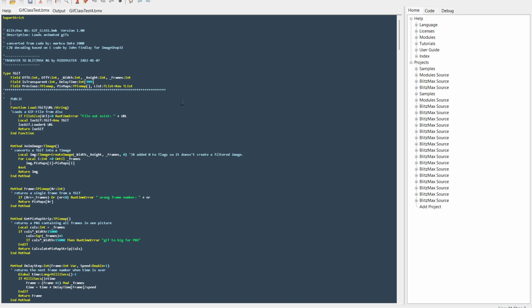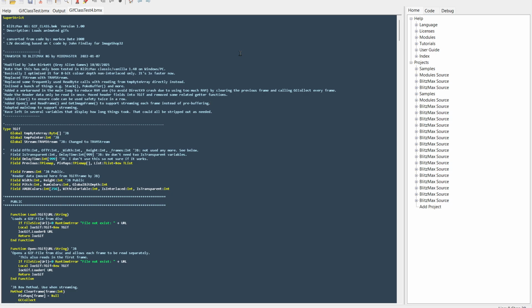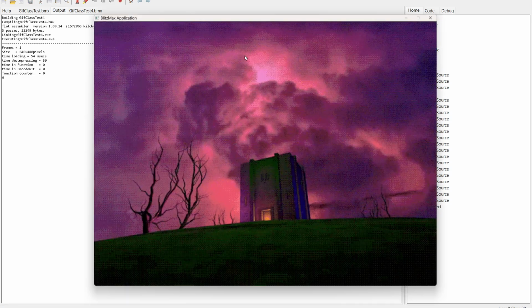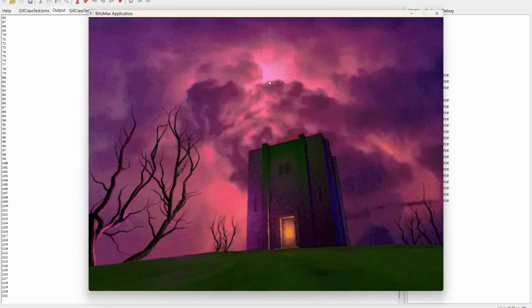But of course, I'd need to either write a tool or find a tool somewhere that generated sprite sheets from MPEGs, which I could have done. But one of the things that I wanted to do, I'm just going to show the output actually. Let's just go and have a look at the final version of the code so you can see what I'm talking about. One of the things I wanted to do was read in a GIF,